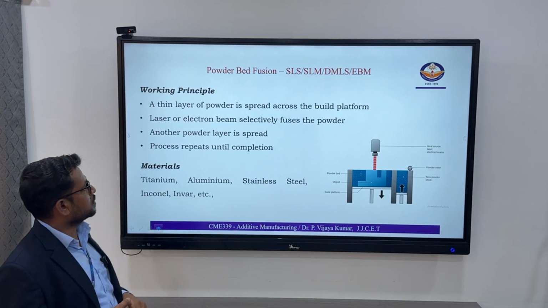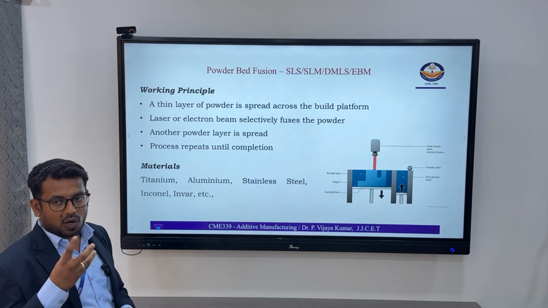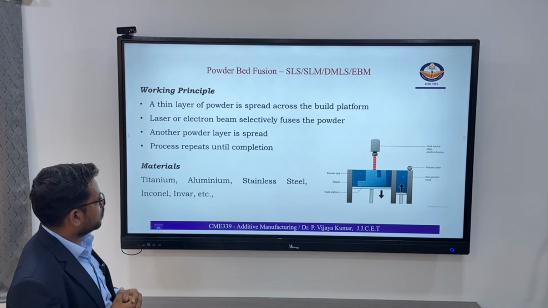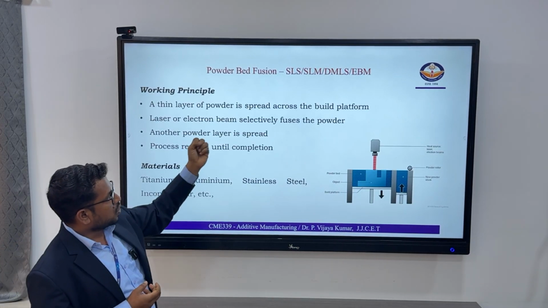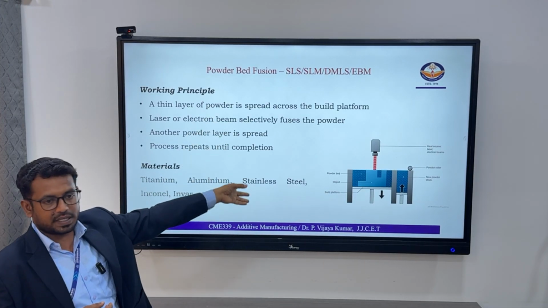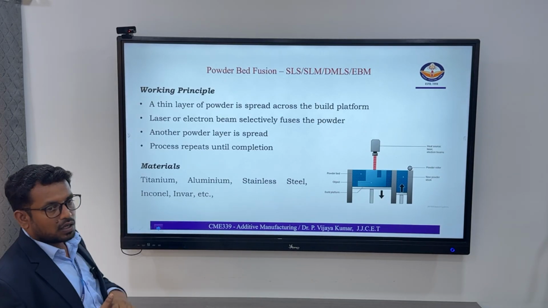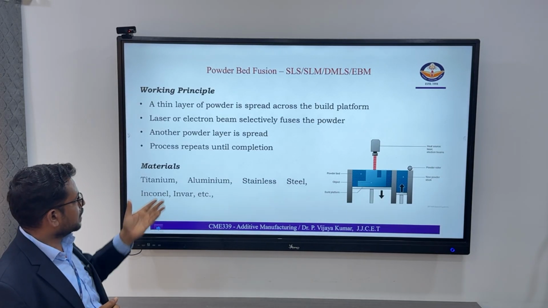And the third one is powder bed fusion technology. Most of the metal products are developed by this type of powder bed fusion technology. Here more processes are available, like selective laser sintering, selective laser melting, direct metal laser sintering, and electron beam melting. These are all the major processes that come under the